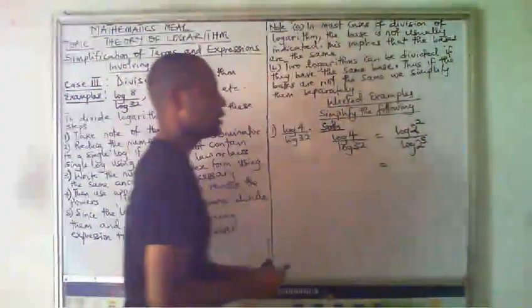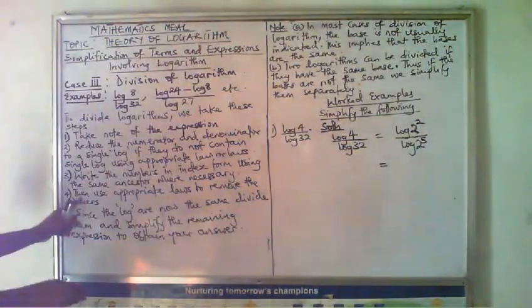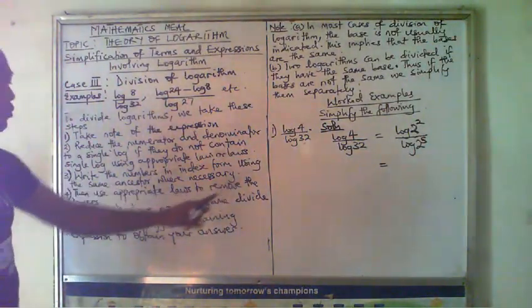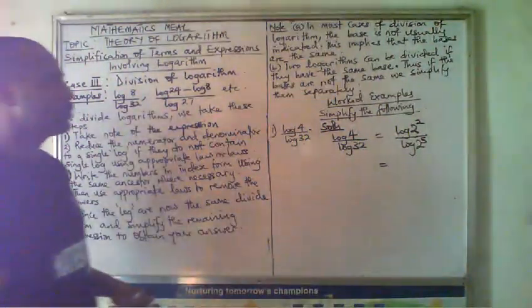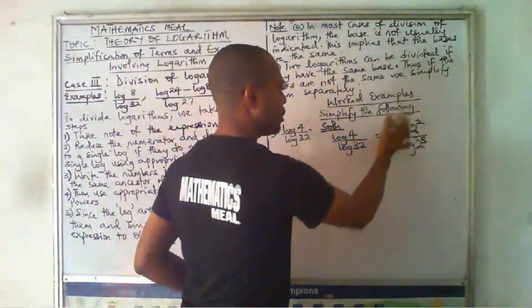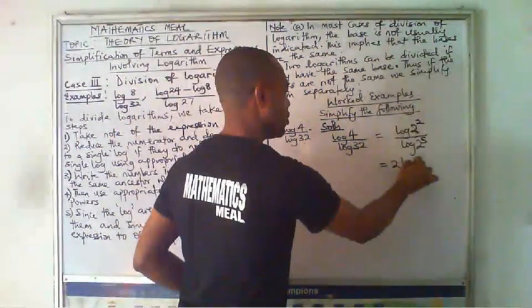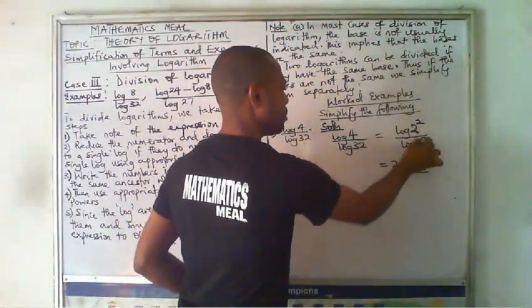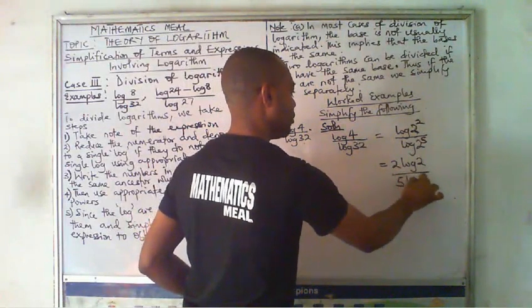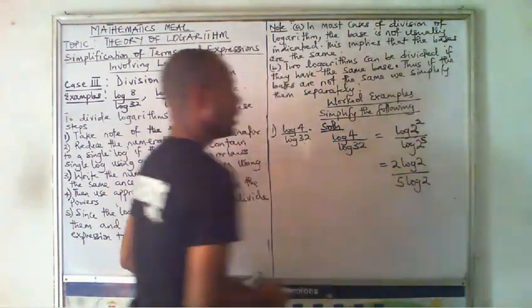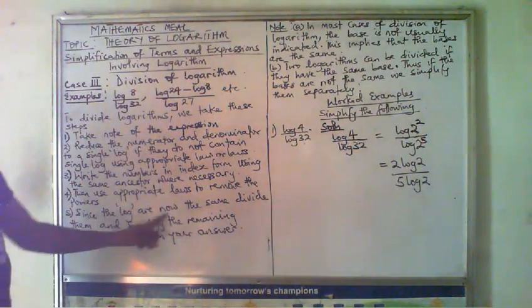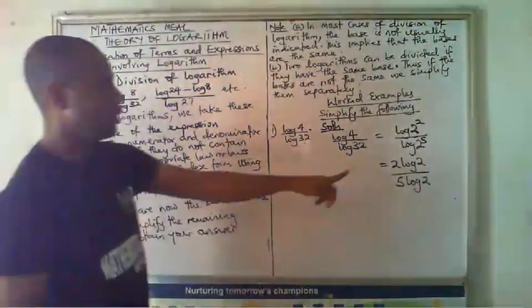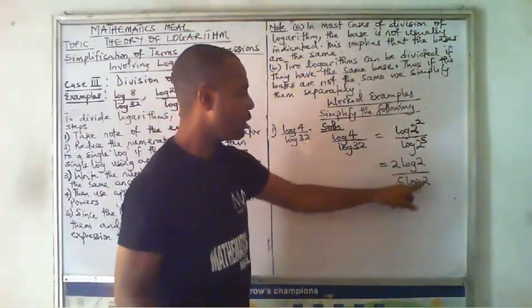Having done that, use appropriate laws to remove the powers. Remember the third law, this power is the coefficient. And this power is also the coefficient. Since the logs are now the same, logarithm of 2, logarithm of 2,